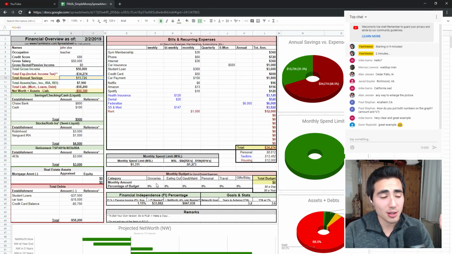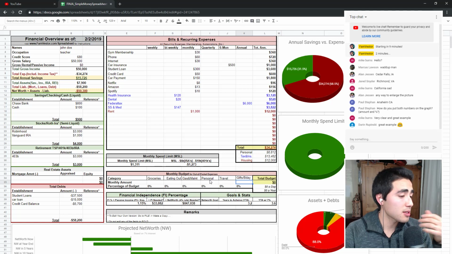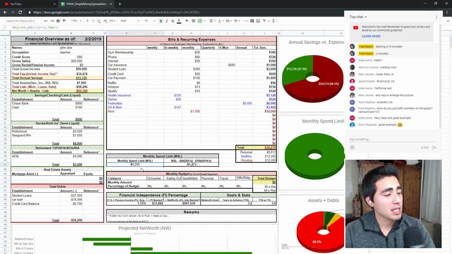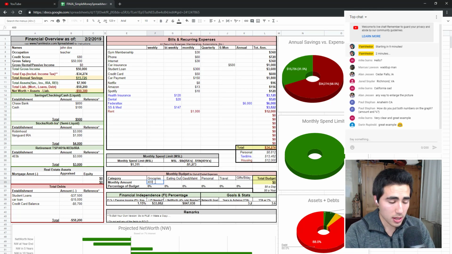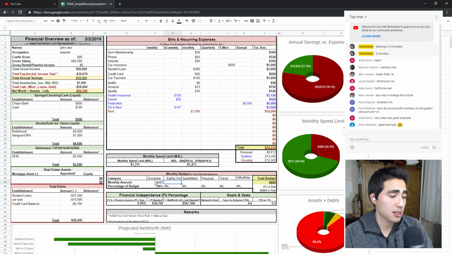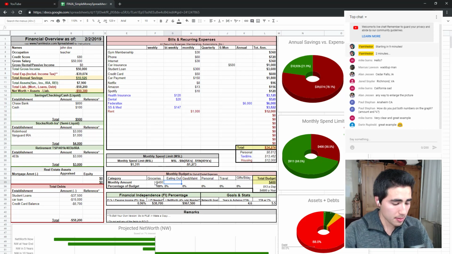But he has to eat. He needs groceries. He's probably going to eat out. He's probably going to have some entertainment expenses. He's going to pay for gas for his car, personal expenses, entertainment, things like that. He's going to want to travel. He's going to want to buy gifts for birthdays, Christmas, whatever, things like that. Anyway, the maximum he can spend without going into debt is this monthly spend limit of $1,300. So he's going to try to spend below that. So let's say he does some cooking, saves some money that way, and he gets $400 of groceries a month. It's kind of on the low end, but maybe he can do it.